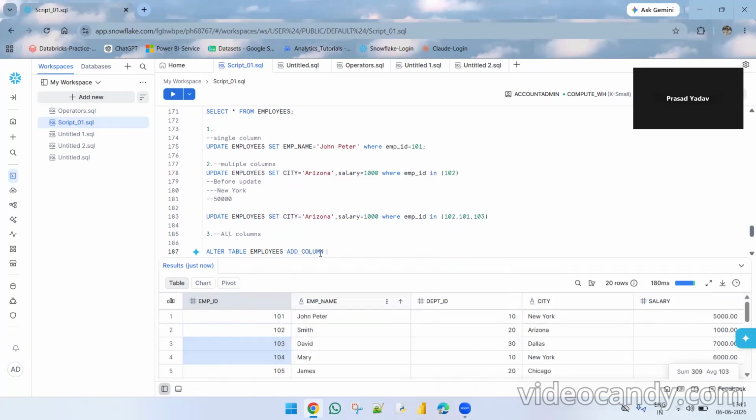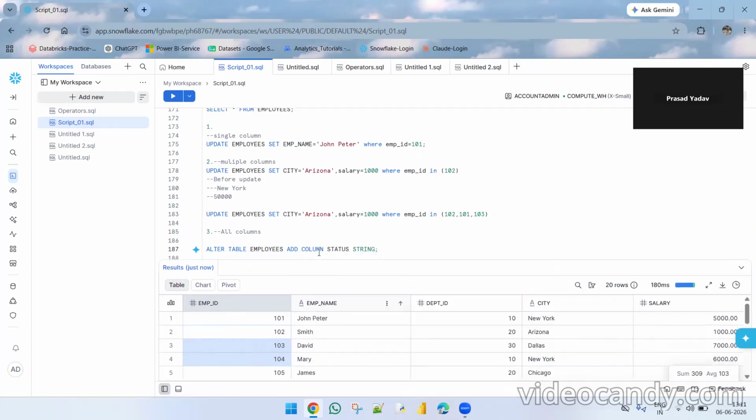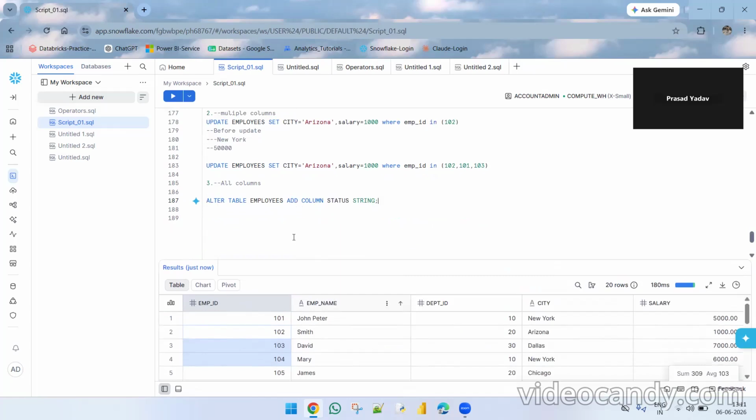Employees, add column. I'm taking something like status. I'm taking this as a string data type. Okay. Now see, in the coming sessions, we can discuss in how many different ways we can do alter